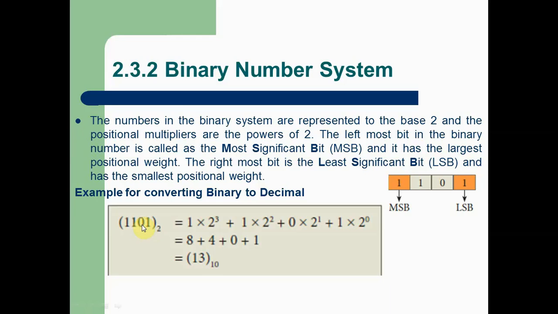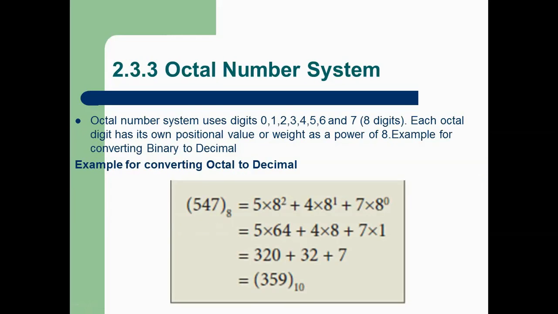In the same way, we can convert an octal number into a decimal number. What we want to do is simply multiply each and every digit given in the question with the base value, and each base value should be raised to the positional value in the power position. The positional value always starts from 0, then 1. After that you calculate. Anything to the power of 0 is equal to 1.